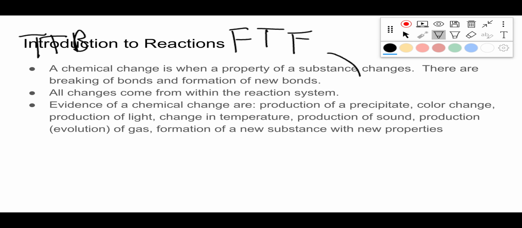Some of the evidences are production of a precipitate. A precipitate is going to be a solid that forms from a chemical reaction. A precipitate is always going to be formed from two aqueous solutions. So aqueous means that it's dissolved in water. So these are going to be formed from two solutions where we've taken something and dissolved it in water. We add those two solutions to each other, and one of the products is going to be a precipitate,